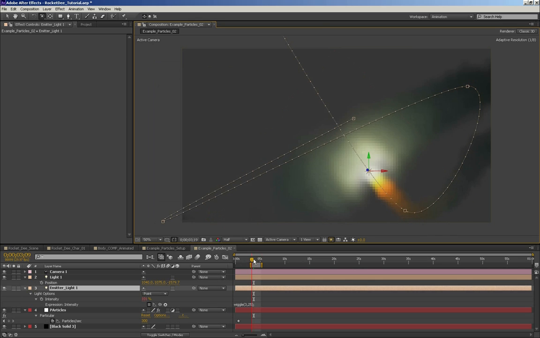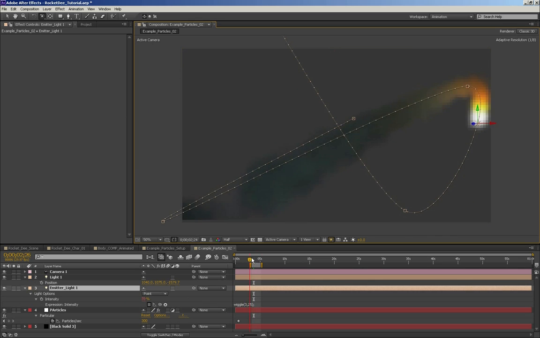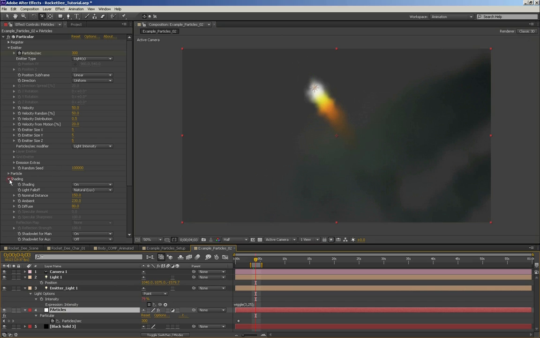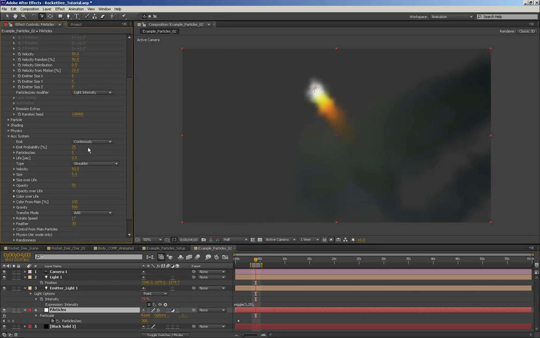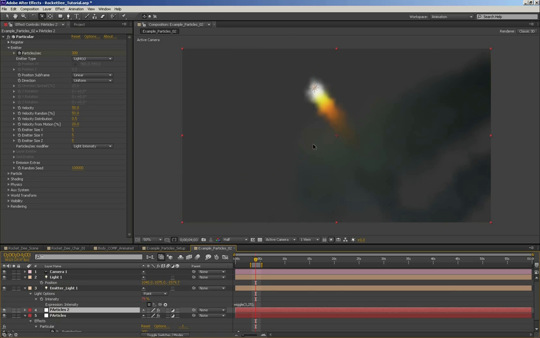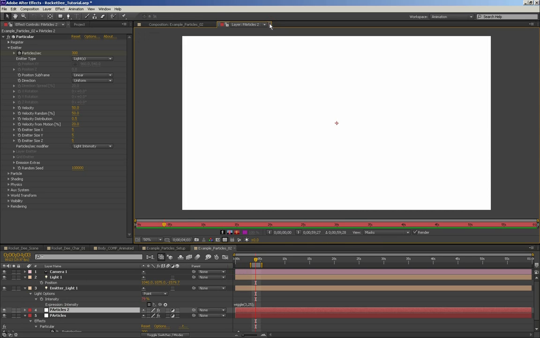Okay, so the other thing I just wanted to touch on really quick is if you don't want to use an auxiliary system, which is totally understandable because it tends to emit particles the whole time, you can just go to aux system, and I would just turn this off. Okay, so what you can do is just duplicate this adjustment layer, which will give you 2 sets of particles, which can be a little bit crazy on the computer. So I'm going to put this down to 1/4. And then what I'll do with this second set of particles